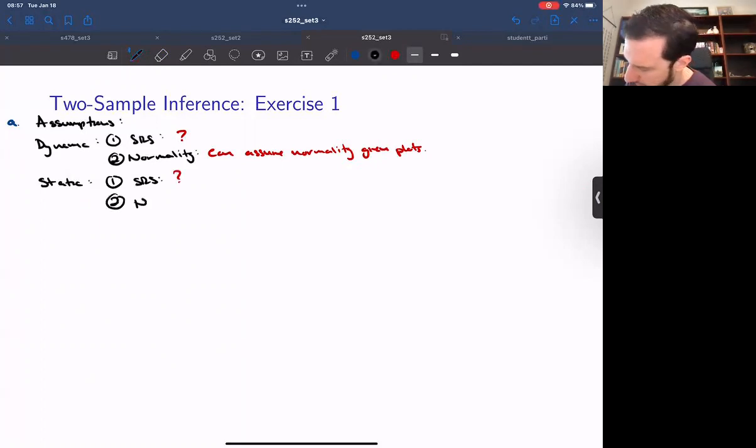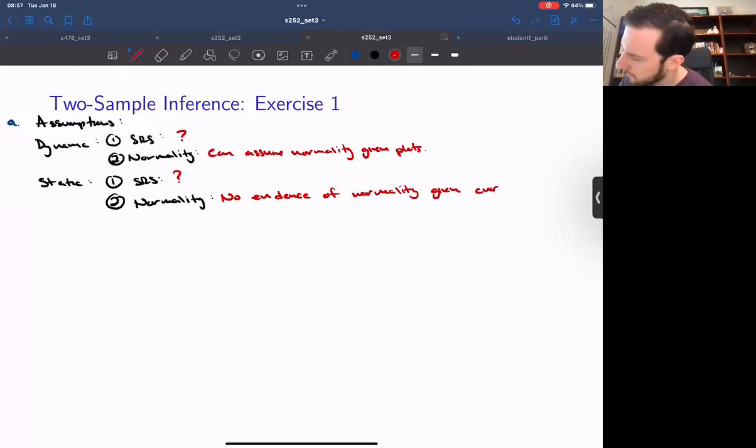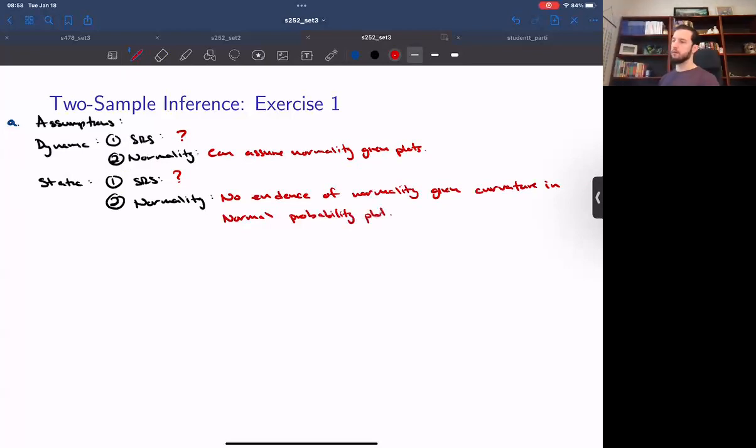And then we can say no evidence of normality given the curvature in the normal QQ plot. Okay, so we will run through